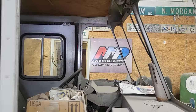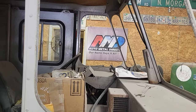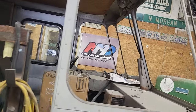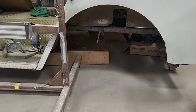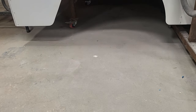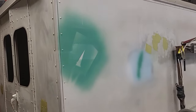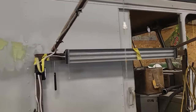But this man here, he's PPG certified. He's a distributor for Auto Metal Direct. Man, he's got so many accolades going on. They're doing a whole frame thing up under the bottom of this, putting a small block Ford and an overdrive transmission in it. It's just so much stuff that they're doing, it's unreal, man. So is there something special about this that you wanna